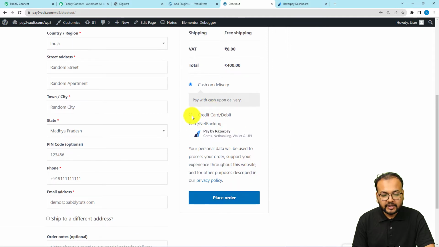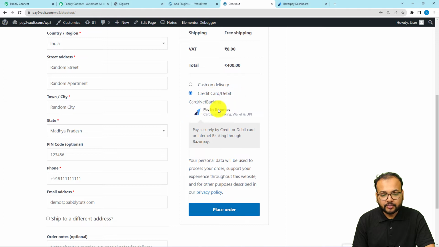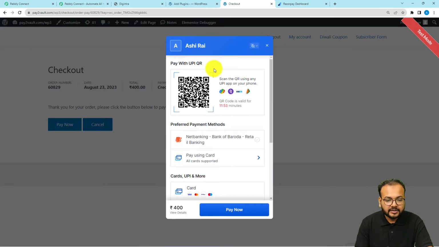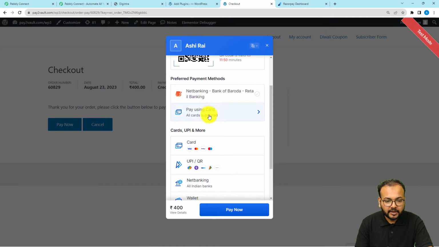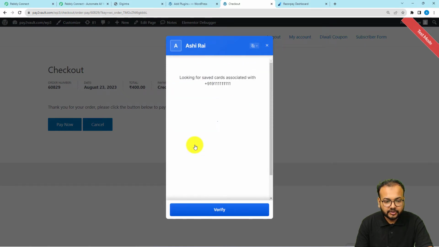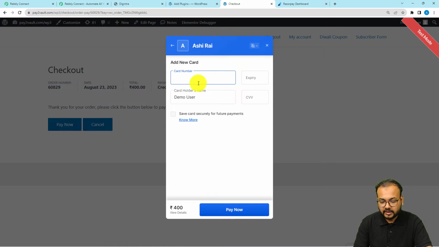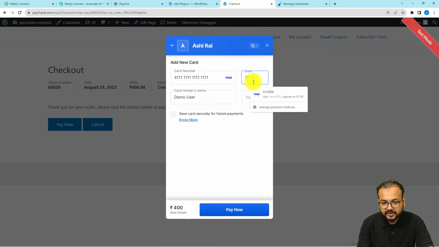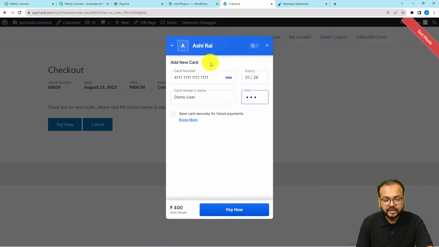before that I'm going to select this credit/debit option, and you can see here it is going to pay by Razorpay. Okay, now click on place order, and here you can see this kind of window will appear. From here you can select card option. Okay, and here I am going to provide some test card details. This is not an original card, and this is not an original payment as well. This is a test payment, so I am using the test or sample card details, and here I am clicking